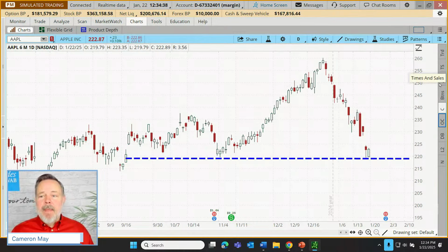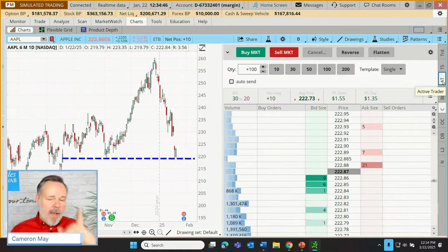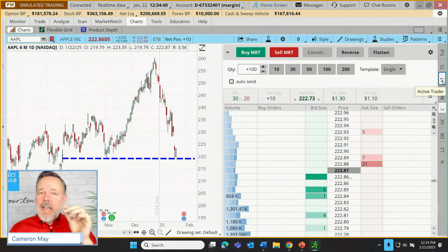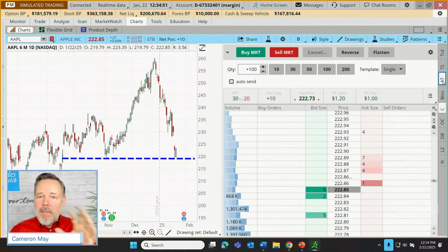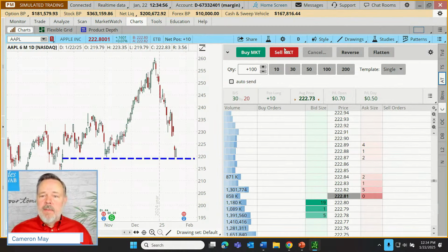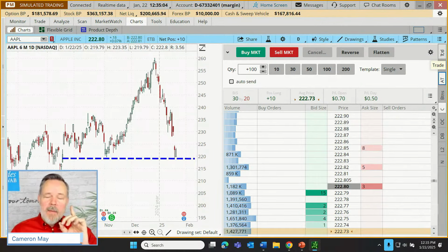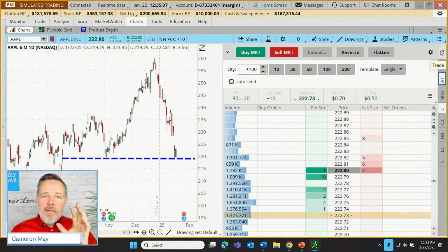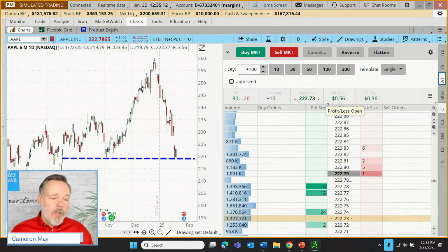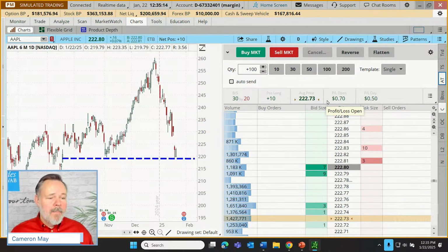active trader. Notice over here on the right side again, the letters AT for active trader. Now I'm going to give a high level overview of this tool. We've already gotten some introduction to this. You'll notice there are some similarities in the functions right here to what we were already seeing on that trade tool. But I want to make you aware, I've done a webcast previously that's entirely dedicated to how to use this active trader, including setting up a template.